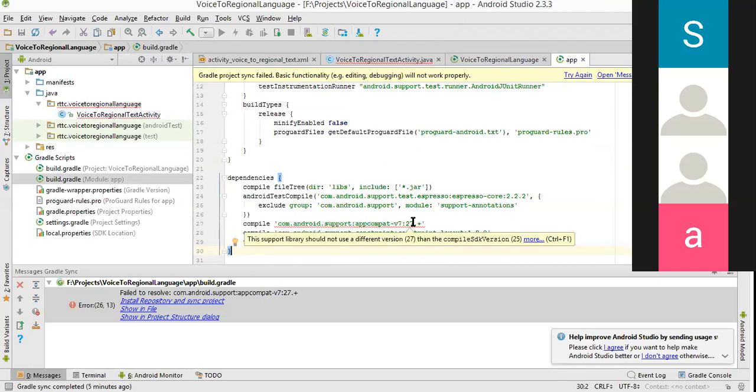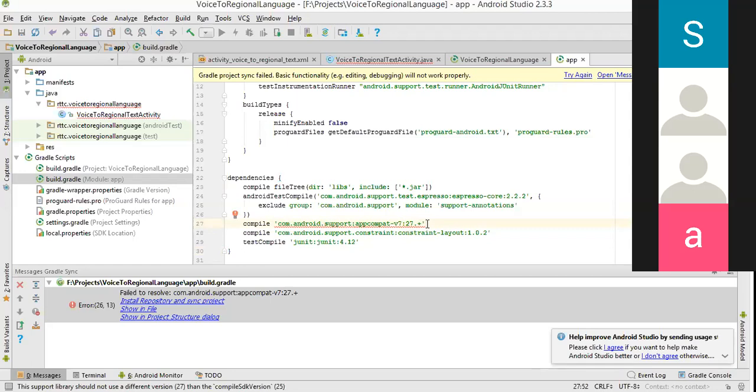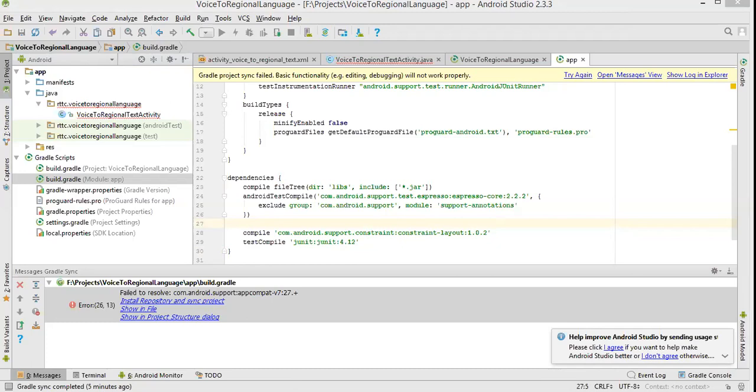Is it visible, sir? This I have to remove because I don't have 27. So I will delete this and in place of that, I will add 25. Compile 25.